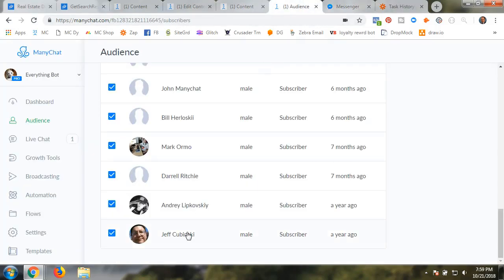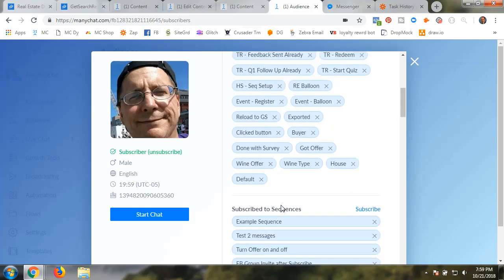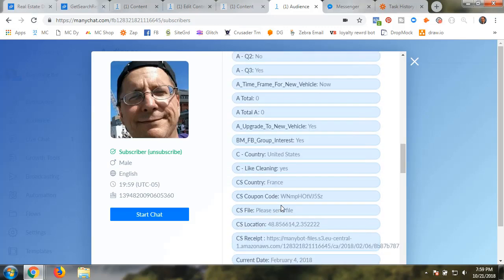And let me just see, as far as audience, let's see what we got tagged with. House completed. So I actually completed. Before we had a bad address. Now we completed house value, and we did 1 and 2. And if we look at the values in here,